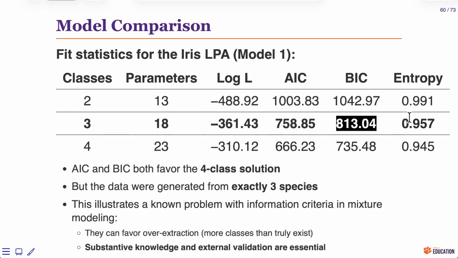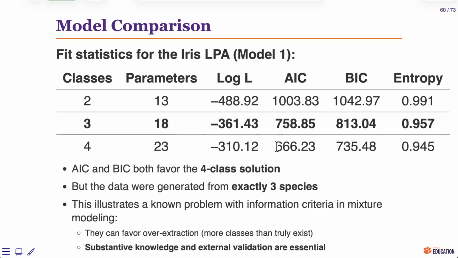Now you'll note, interestingly, that entropy is higher in the 2 class solution. Remember, entropy being the classification accuracy, but that's because entropy is not a measure of model fit. And often when you underspecify a class system, it may do a better job trying to classify people, but the classes themselves may not be valid. So we don't look at entropy as model fit, but we will say that AIC and BIC both, actually